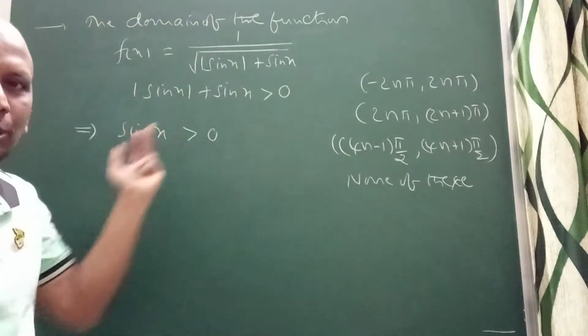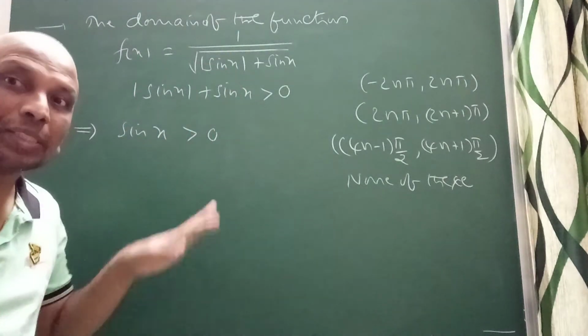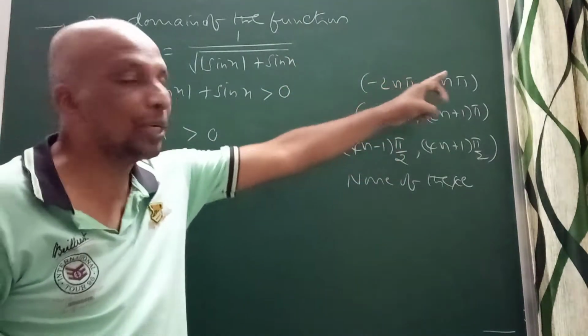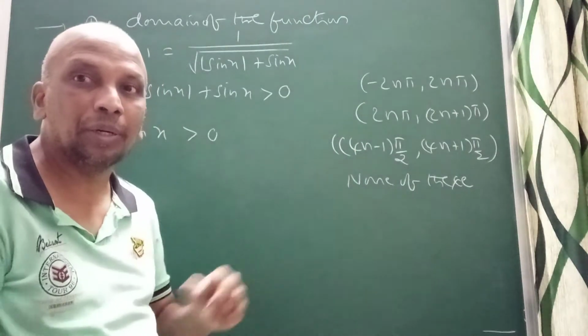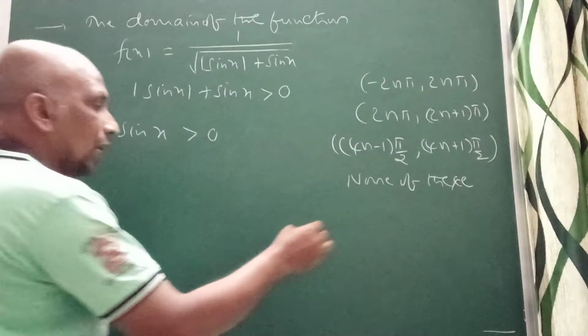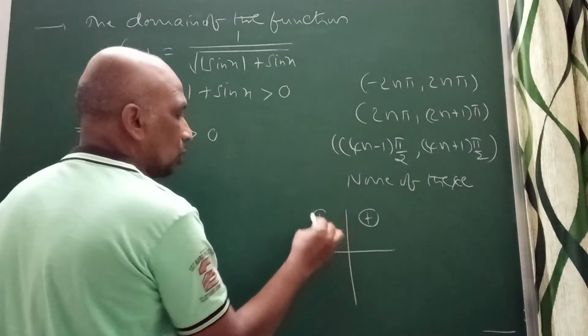So this also should be positive. From this, this is positive, this also positive. So when sin x is greater than 0, positive, look into the options. Between 2n pi and 2n plus 1 pi is given. You can check here. Suppose if you take 2n pi, one rotation will become. Sin x will be positive, correct? So sin x will be positive here, right?